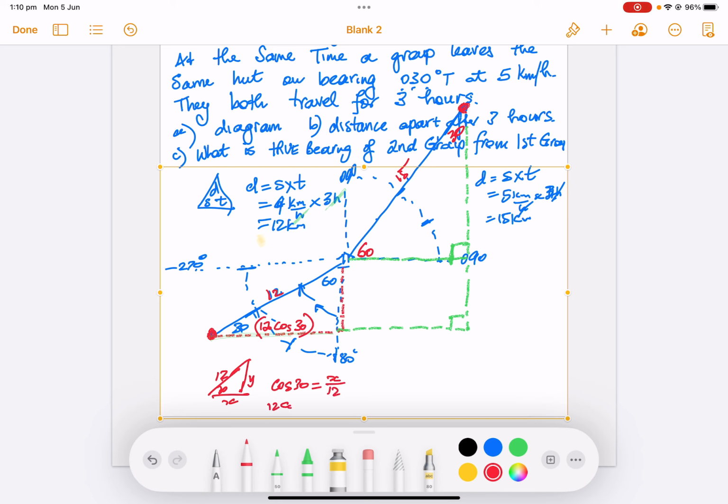So 12 times cos 30 is equal to that X. And the Y is sine 30 because opposite over hypotenuse. So the Y value is 12 sine 30. And I'm not sure if you're familiar with sine 30 equals a half, and cos 30 is root 3 over 2